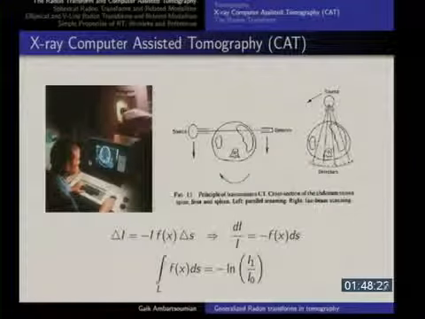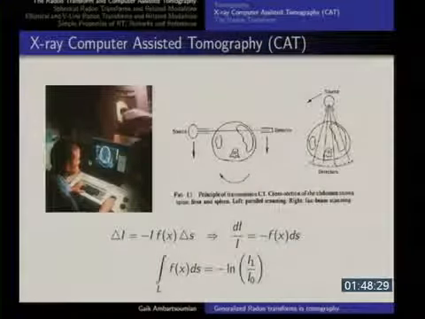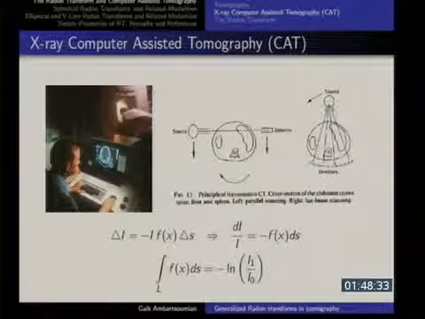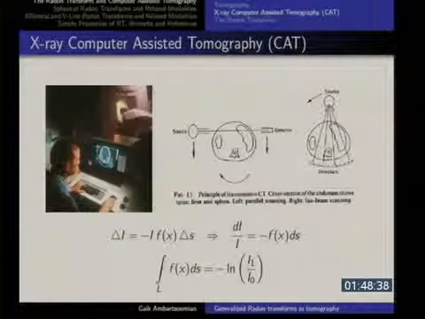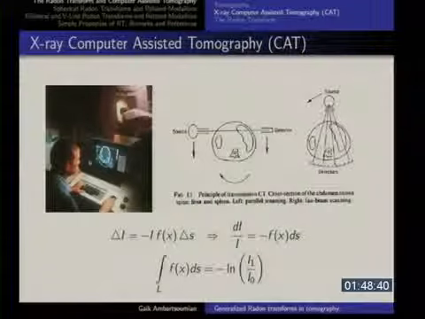Now, in reality, you don't have all lines. You have a fairly densely discretized version of all lines, discretized in the rotation angle and the distance. And that's another problem. It's another question whether this discretization affects anything mathematically or not.